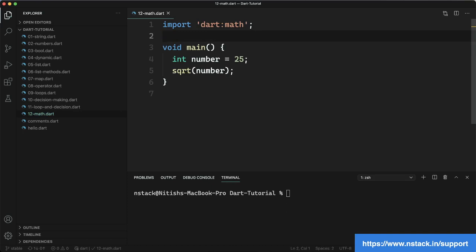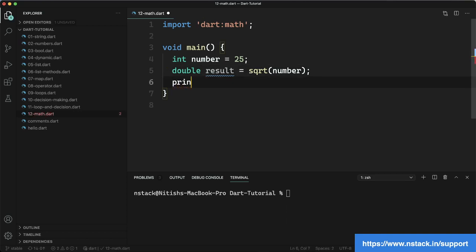I hope you got some of the things, that we are using a function, and this function takes a number and gives us the square root of this number. The square root of 25 is going to be 5, which is an integer, but the square root of 24 is not an integer. So the square root of an integer can be either an integer or a floating value. That's why we cannot store this inside an integer. We need to store this inside a double. You cannot make this an integer, because the square root will always be a double. If it's an integer, in this case 5, it will be converted to a double by making it 5.0. So let's print this